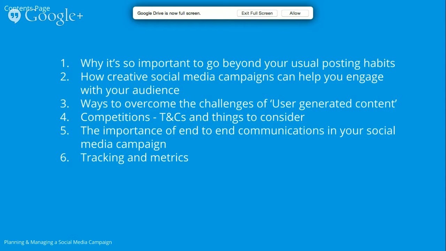It is also a really useful way to overcome the challenges of actually getting your audiences engaged, because whilst we might have a number of followers on Twitter and a number of fans over on our Facebook pages and people actively engaging with our pins or following us on Instagram, that's great, and it's wonderful to be able to broadcast to those audiences. But what we really want to do is drive engagement and get those audiences talking back to us